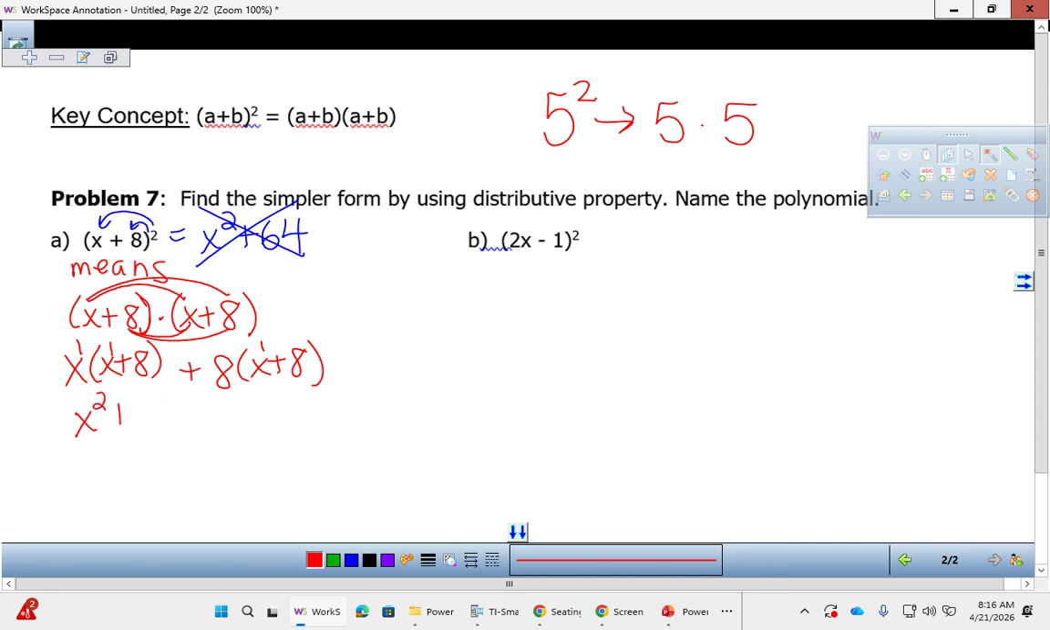X times 8 is 8x. 8 times x is 8x. 8 times 8 is 64. And then when we combine those like terms, 8x plus 8x, we get